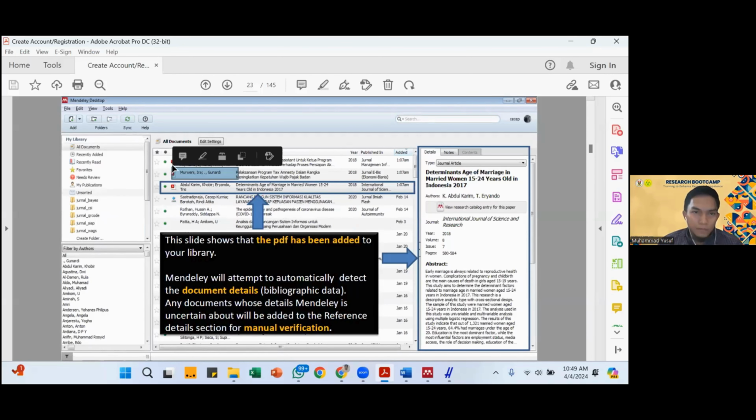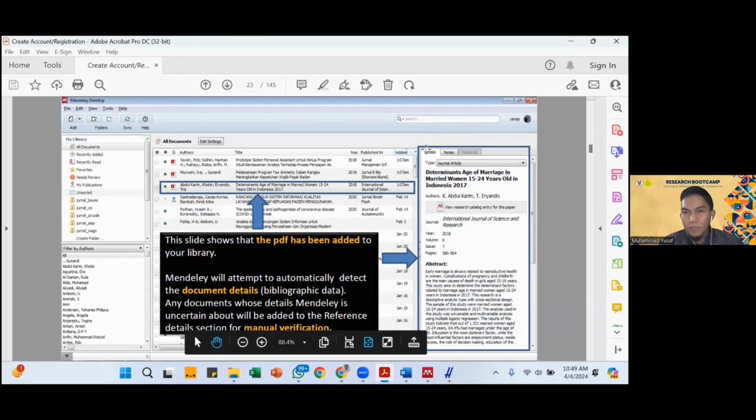You can see the difference if you add your file or if you import without a file. The PDF logo shows that there is a file. Mendeley will attempt to automatically detect document details like bibliography data, and any document whose details Mendeley is uncertain about will be added to the reference detail section for manual verification.